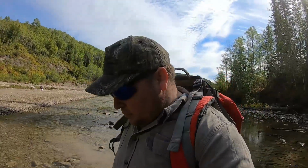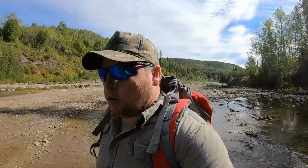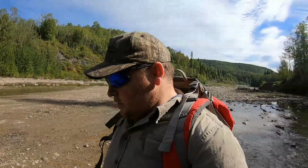But apparently what I've been told is up here on Coldbrook Creek there's a big slab that washed out, or like a big slide, and within the slide there's a whole pile of cool little fossils, a bunch of plant fossils. So that's our main goal for today, to hike up here till we can find either where the slide was or just a slab of exposed rock, and see if there's any fossils